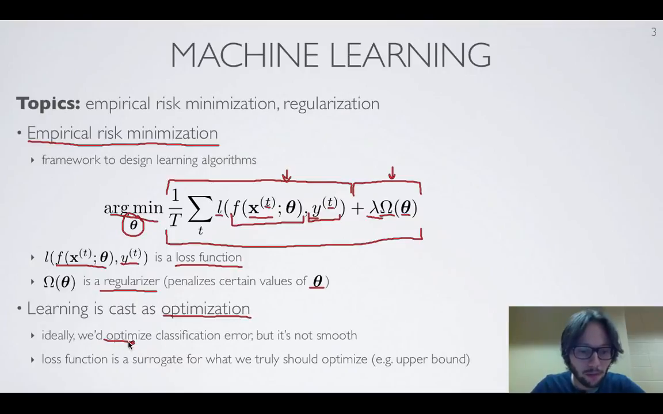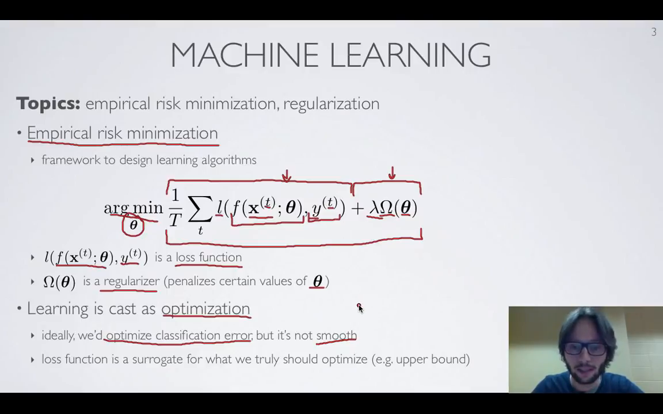Ideally, we'd like to optimize the classification error if we're doing classification. So we'd like to optimize the actual percentage of errors that our model makes on the training set. However, this function is not a smooth function. If we wanted to optimize the number of times that the output class by our model, which is the class associated with the biggest probability given by our neural network,